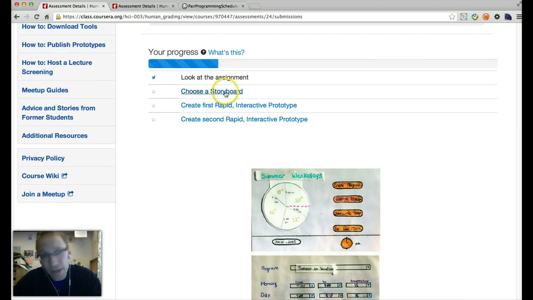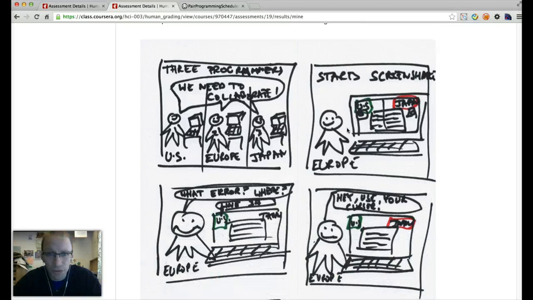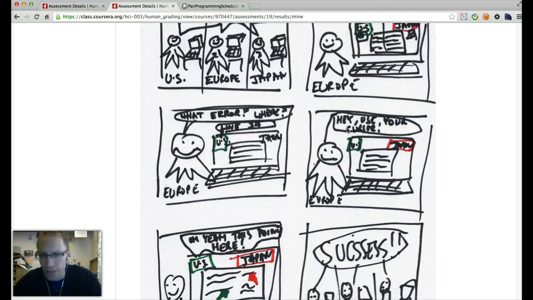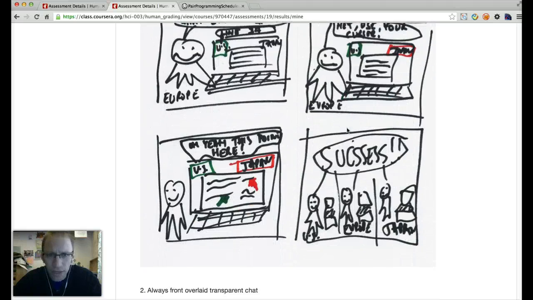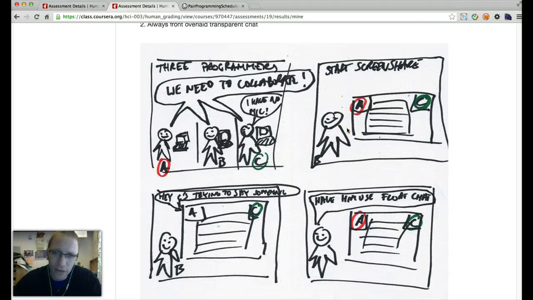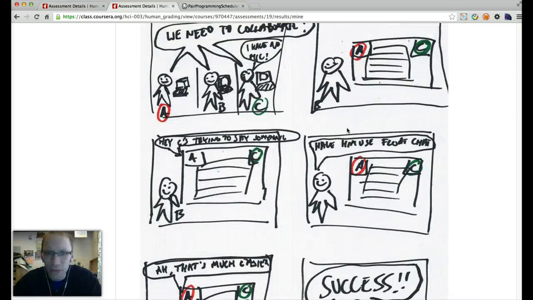So the idea critically is to choose a storyboard from your previous assignment. This was my previous assignment. I had two storyboards. One was relating to having a shared mouse in a screen sharing environment, which I thought was pretty cool. And then also this other idea about overlaid transparent chat to try and make chat more available in these pair